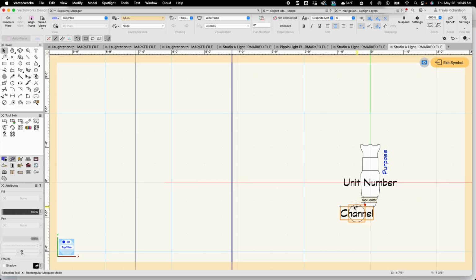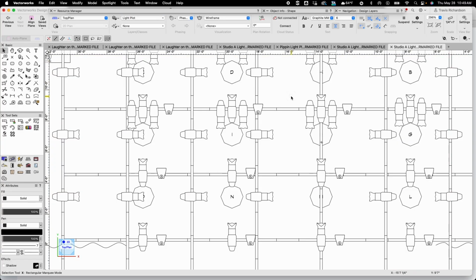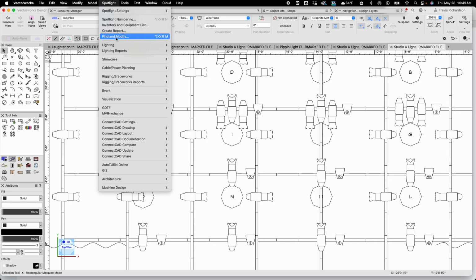There should be an endpoint right there that I can grab. And then my channel circle will be sort of angled off to the side relative. Keep in mind that this fixture is going to rotate 90 degrees and all of the information is going to rotate with it. So I'll say exit symbol,